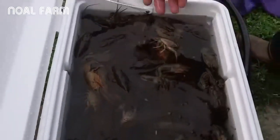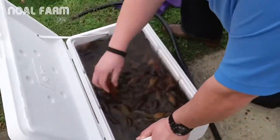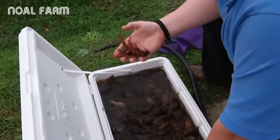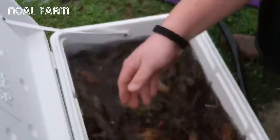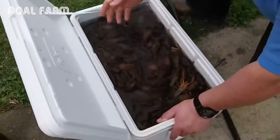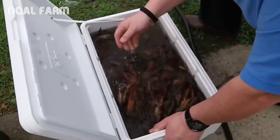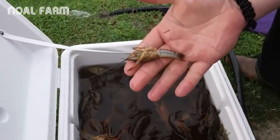All right, guys, Cajun Blaze here, and this is our first crawfish of the season. I got the sack of crawfish in the ice chest right now, and what I'm doing is I fill it up with water, and then I stir it up to make sure we get all the mud and stuff out of there. Checking for dead ones,